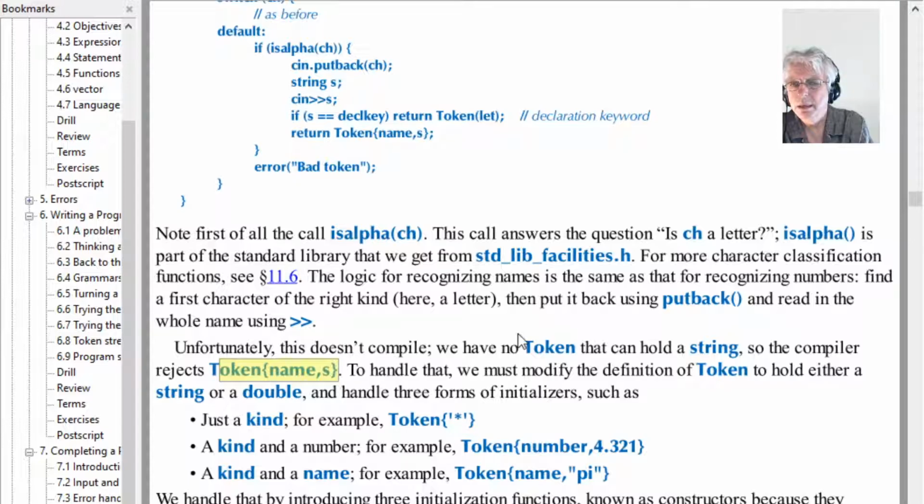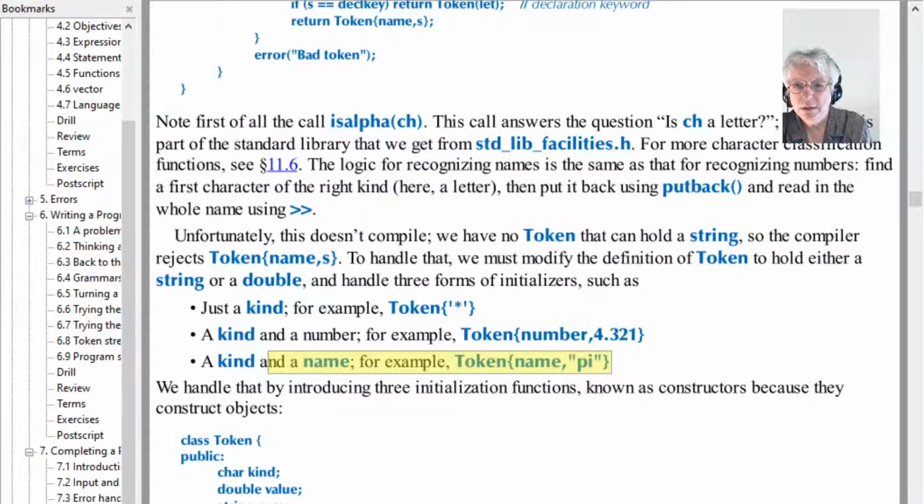To handle that, we must modify the definition of token to hold either a string or a double, and handle three forms of initializers, such as just a kind, right, which is plus, minus, times, and so on, a kind and a number, so a number token, or a kind and a name, right? We handle that by introducing three initialization functions known as constructors, because they construct objects, right? So we now will add the